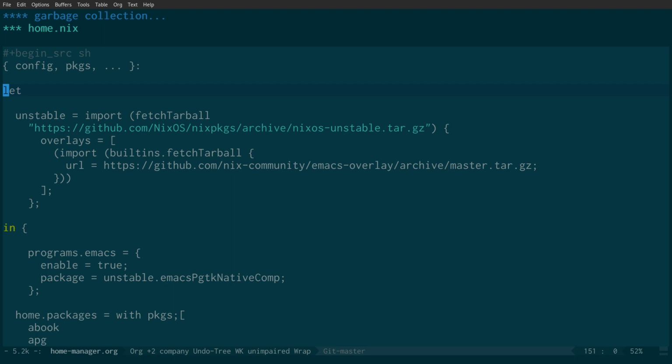building Emacs with pure GTK so that it runs natively on Wayland. And the way we do that is using something called an overlay. And what we're going to be doing is using the emacs-overlay, which allows us to basically build Emacs with pure GTK support. So what we've got here is this little section here, config, pkgs. Then we have let, and we say unstable = import (fetchTarball